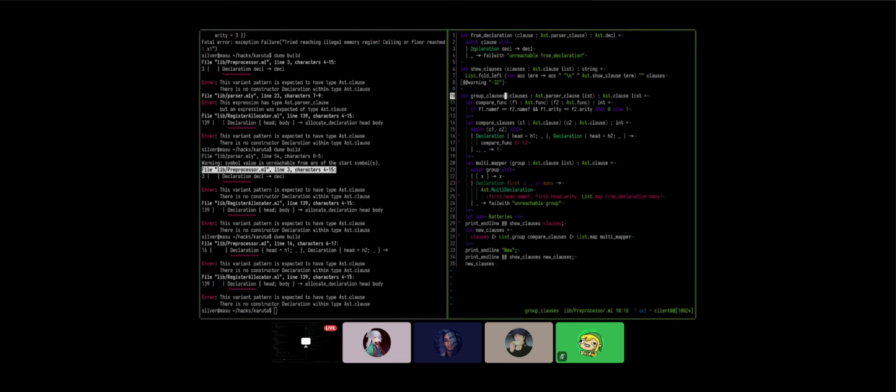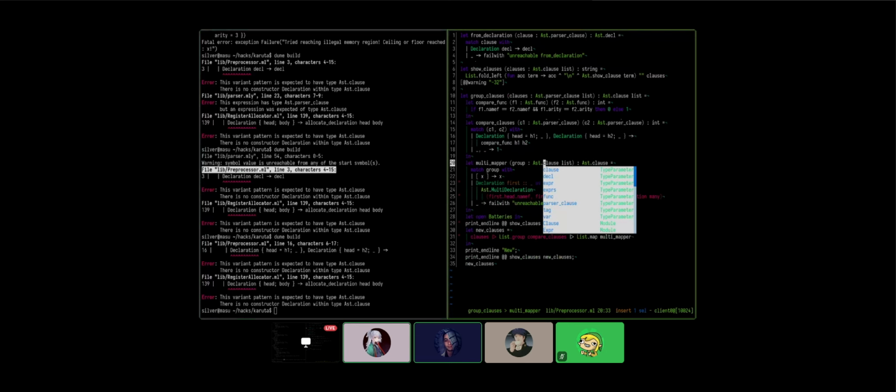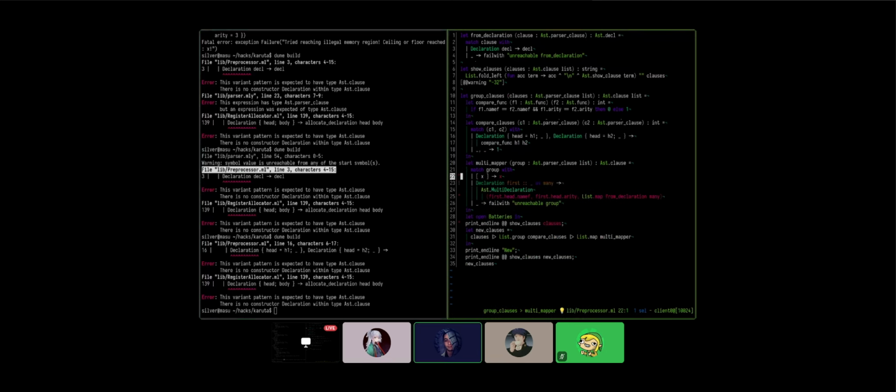Compare clauses. Right. Yeah, okay, that's improvement. The group multi-mapper though, it takes a group, which should be parser actually. Should be parser. But now the singleton.